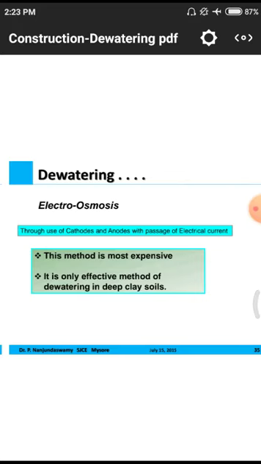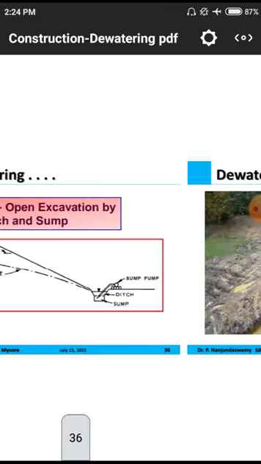In clay soils, the particle size is very fine, so different methods will not give sufficient results. Why? Because the particle size is very small and the removal of water is a very time taking process. But in the electro osmosis technique, it gives much better results than the remaining methods. Why? Because we are directly using a current to dewater, so it is a better method whenever the soil has clay content.